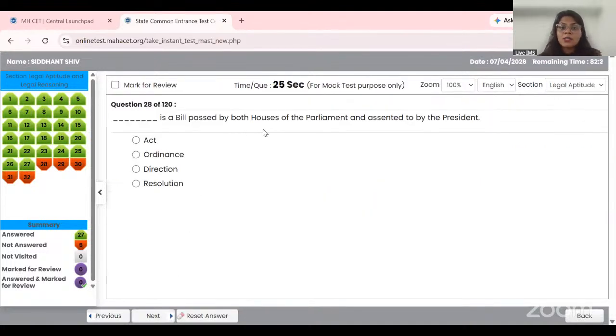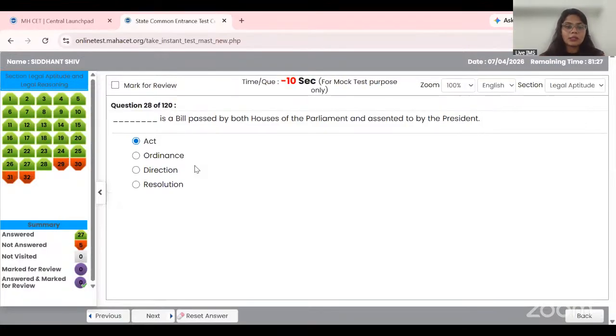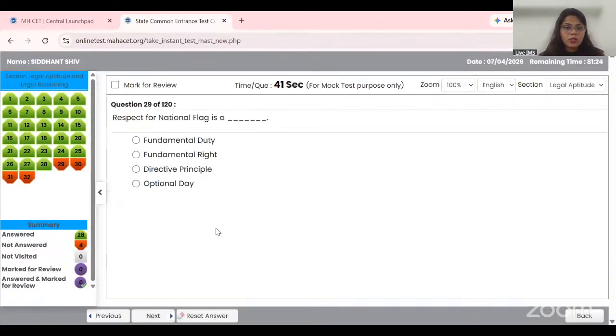Dash is a bill which is passed by both houses of parliament and assented to by the president. Now I want all of you to give me the answer for one question here. This question I will answer, don't worry. So the answer would be apt. I want all of you to take a moment and give me an answer for what is an ordinance. I will wait for 5 comments at the end of this video. If I get 5 answers explaining it, I will give you the correct definition of what is an ordinance. Just give me the correct answer for what you understand by the term ordinance, right? Let's move ahead to the next question.